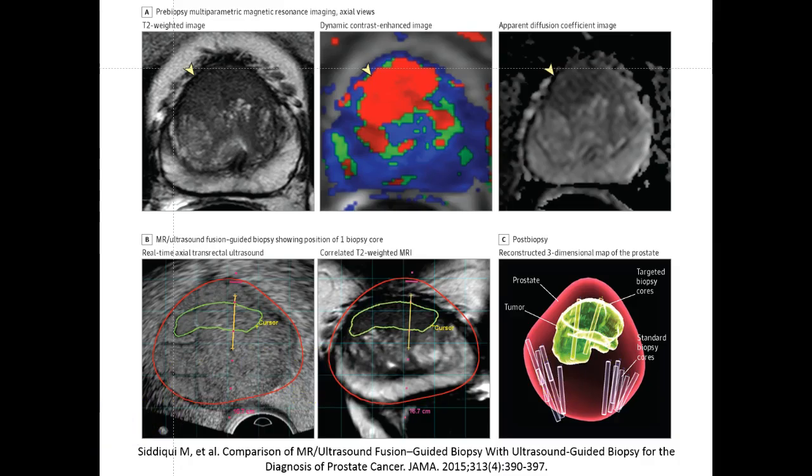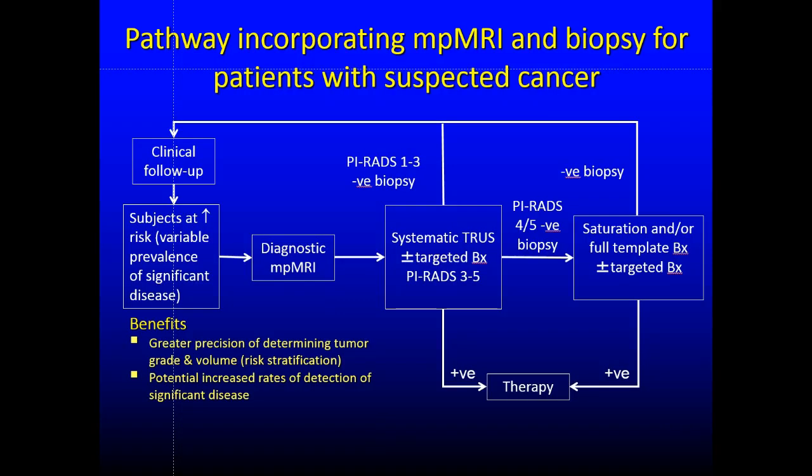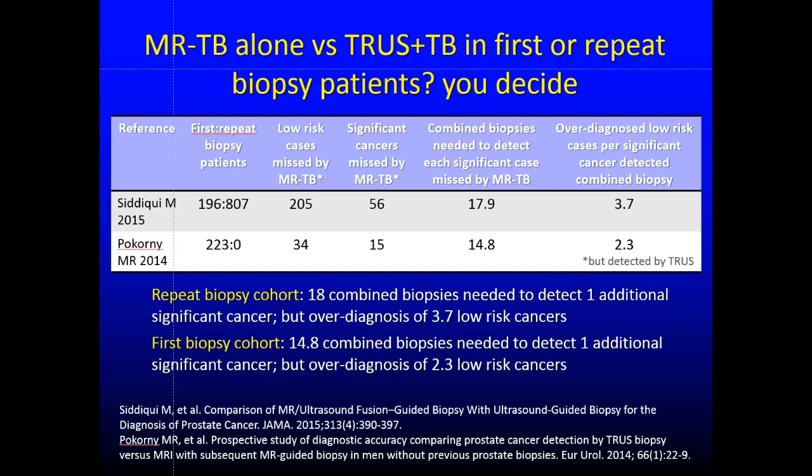And that means that the pathway would work like this. So after the diagnostic MRI, you would do a systematic TRUS biopsy plus targeted biopsies, and if it was negative and you were still very suspicious, you would do a full template or a saturation biopsy, and then you would triage the patients accordingly. Now, the important question you really need to ask is, what do these additional cores give you